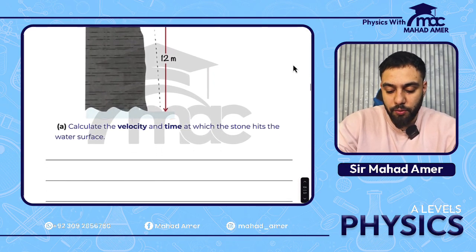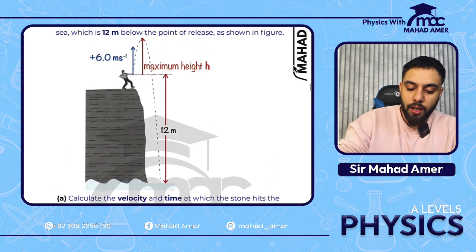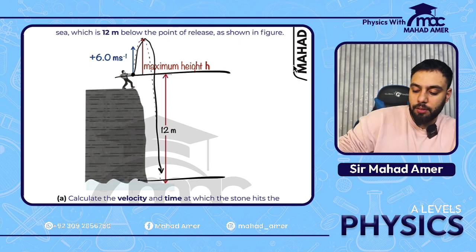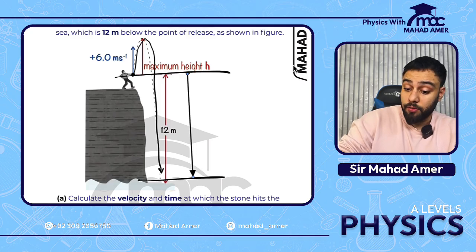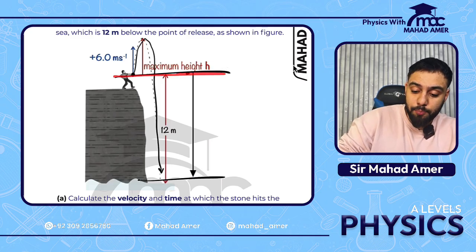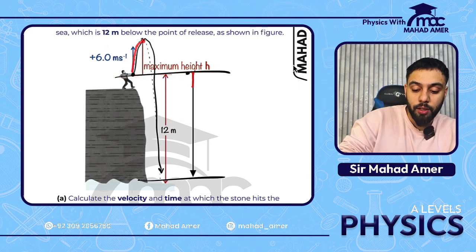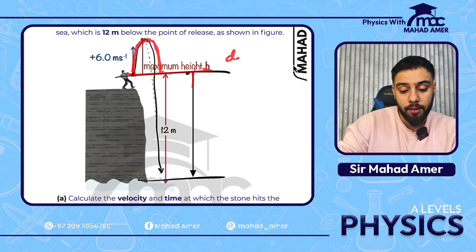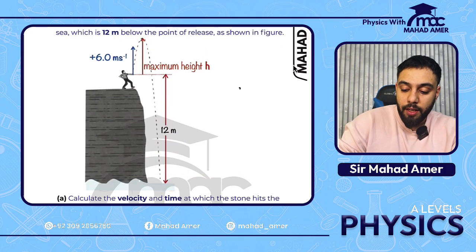So first of all, we need the velocity and the time at which the stone hits the water surface. If the stone is thrown from here, it goes up and it goes down. The displacement that it is covering is going to be this. And this is a very important concept. This point up, the velocity is positive. That means this is the positive region. So if it goes over here and then comes down, at this point the displacement would be 0 again. And the total displacement that the object is going to be covering in this scenario is going to be